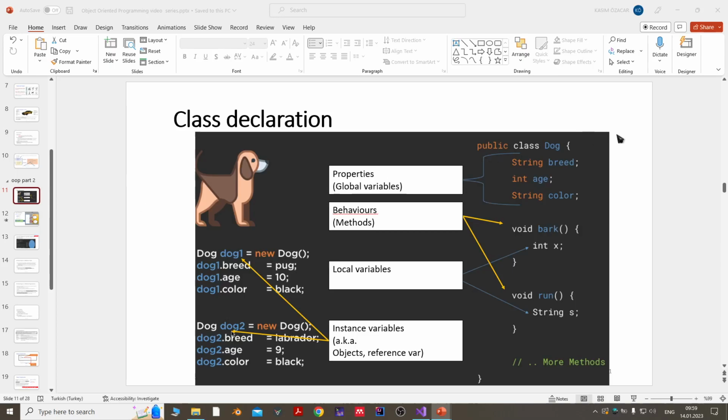Hello everyone, let's briefly talk about what we learned in the previous video. A class has properties and methods. These properties are simply global variables. We can access them through a class. And we can also define local variables in methods, and these local variables will exist in methods and they are not accessible from anywhere else. And when we say dog1 is equal to new dog, that means we have an instance variable,